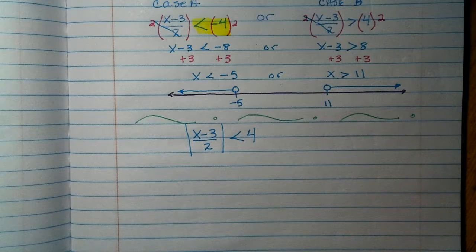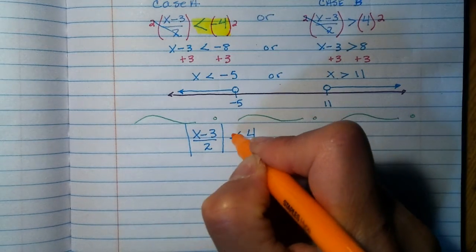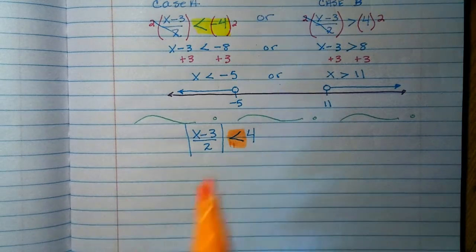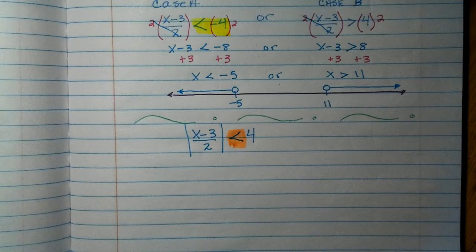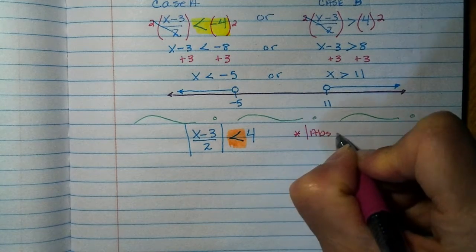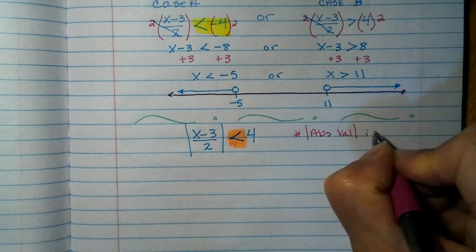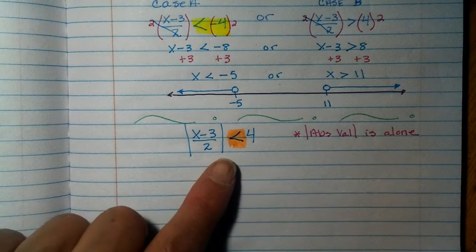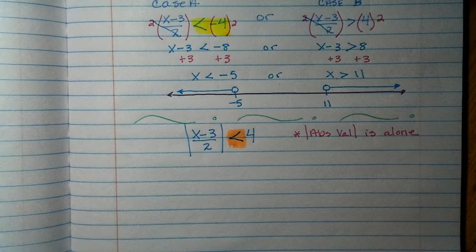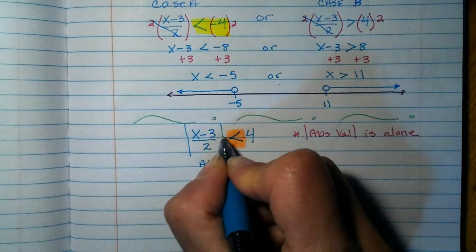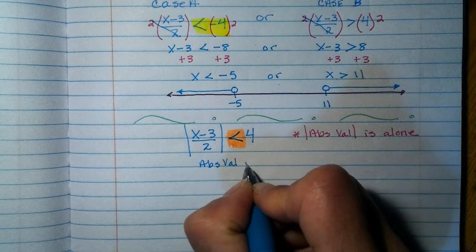Okay, so again, I have to pay attention to what type of inequality I have, and I have to make sure my absolute value is alone. So I'm going to write here that my absolute value is alone, which means I can go ahead and solve it. And now, when I read this, I'm going to say that my absolute value is on the small side, so is